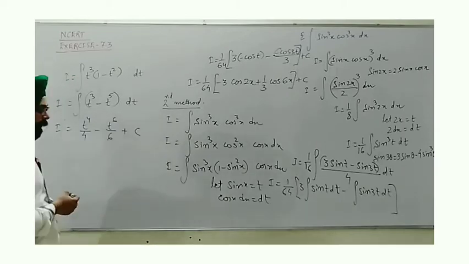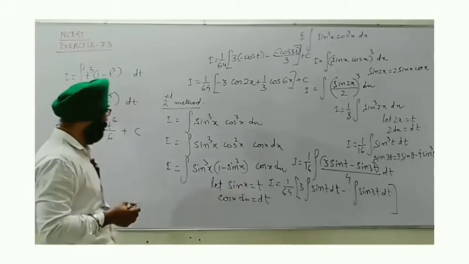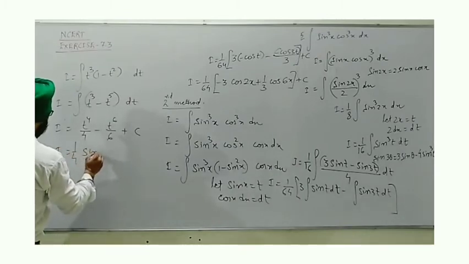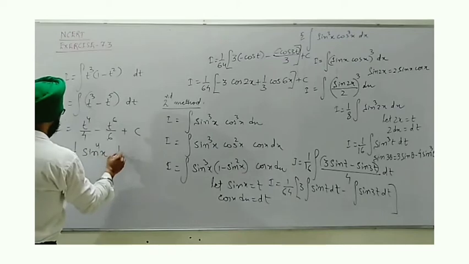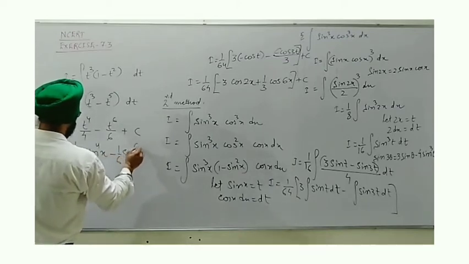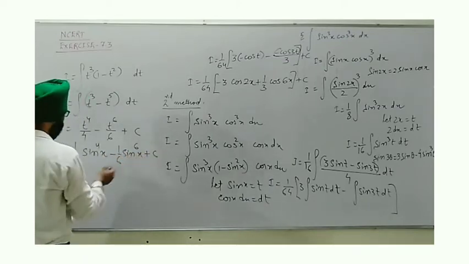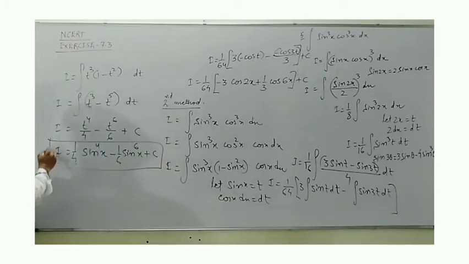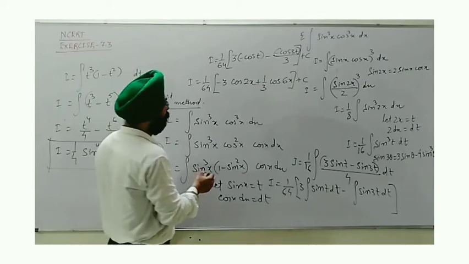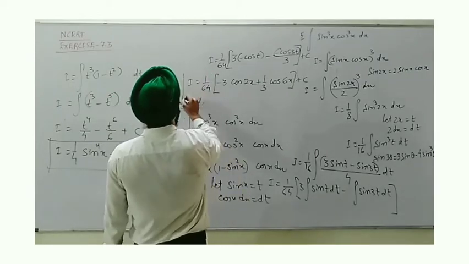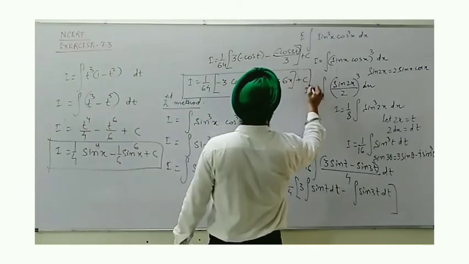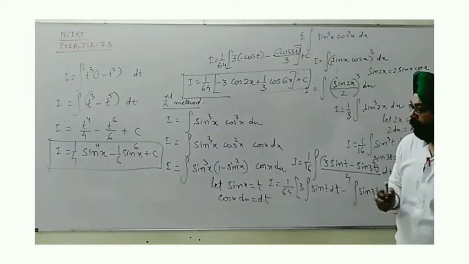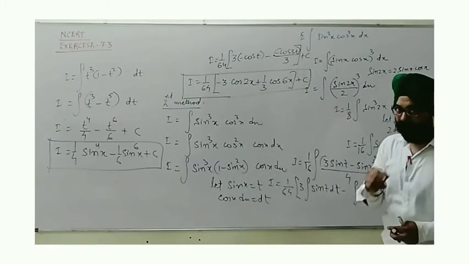Now putting the value of t, as I consider t to be sin x, finally this is 1 by 4 sin raised to the power 4 x minus 1 by 6 sin raised to the power 6 x plus c. Here we can finalize the answer. Now you can see that from both methods we are having different answers. I did not discuss this with you after the first method. You can see these two are different answers for the same question. Why are they so? Let me explain that also.